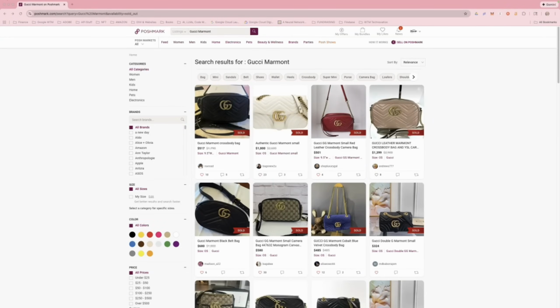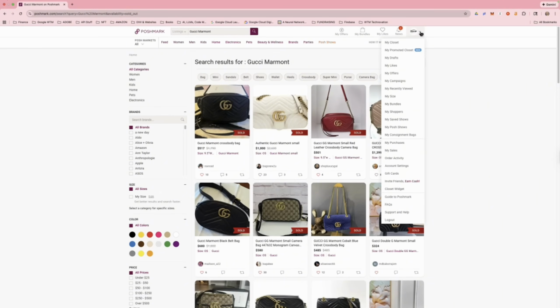Okay, so I'm doing this on desktop. And right now we're at the main page for Poshmark. I'm already logged in. Now, if you go top right, there's this little arrow, click it, and there's all your options that you would be familiar with on the app. Now, why am I doing it on desktop? Well, there's some things that you can do on desktop that you can't do on the app anymore. So, go to my closet,